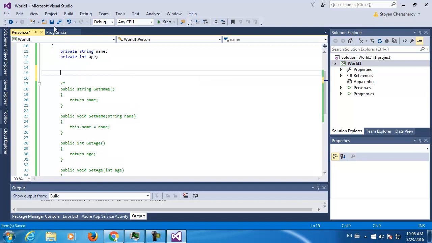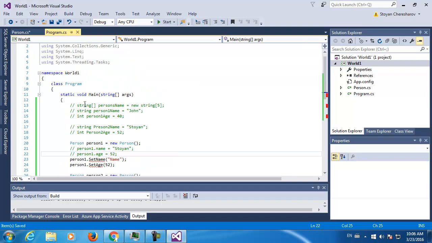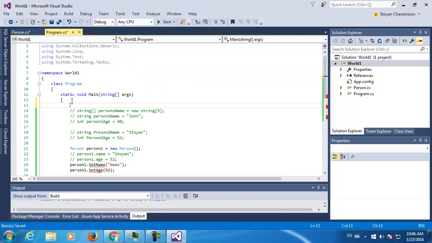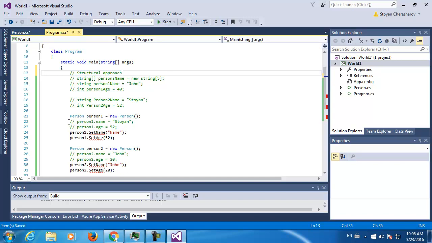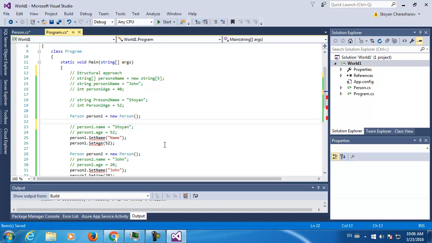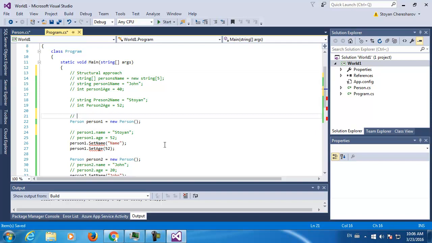So probably I should put here, this is a common structural approach. This is what I'm going to say here. This is an OOP approach, object-oriented approach. Maybe I'll call it this way